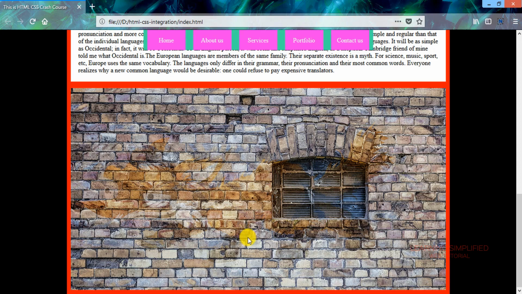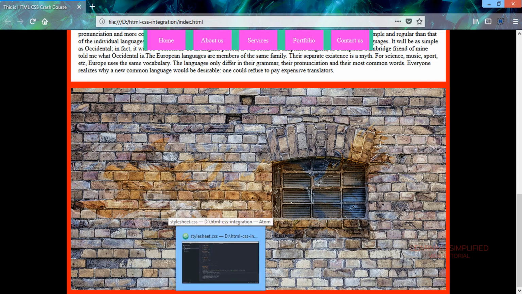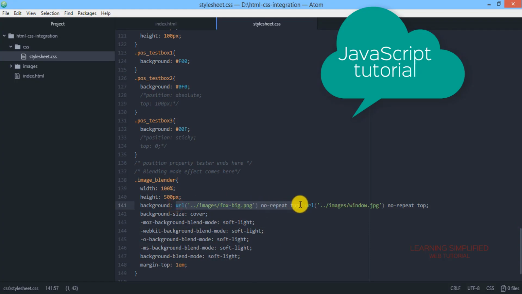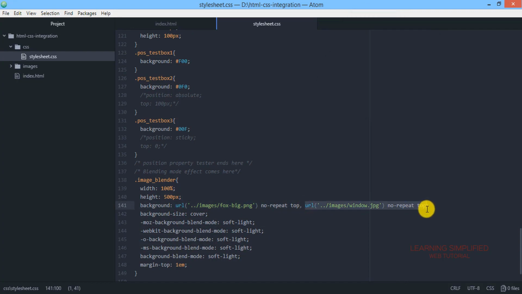The important factor is reorganization or reorientation. If we want a particular image to be on layer 1, on the top layer, above the rest of the others, then all we need to do is mention it here in the first position. And in the second position, we need to mention the underneath image that we wish to keep at the bottom of the first image. So this is how we can blend between them. We can use this blending effect in our project.